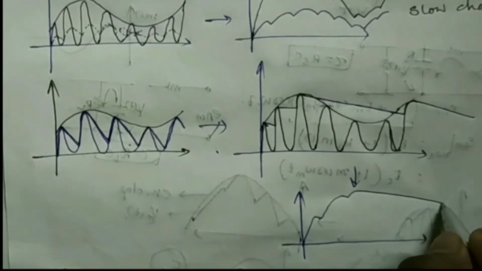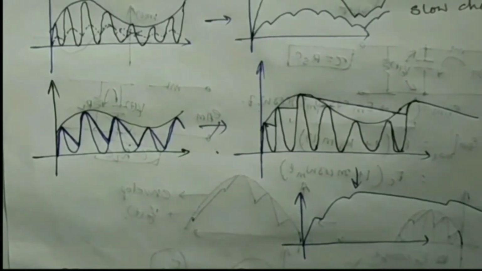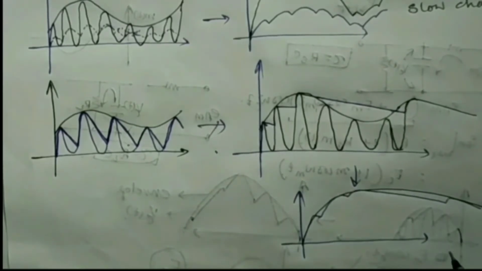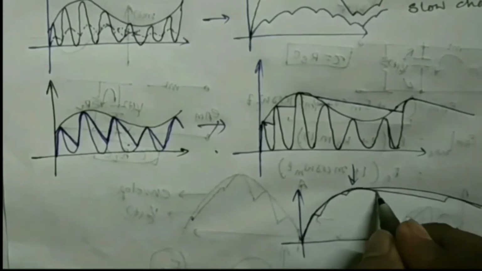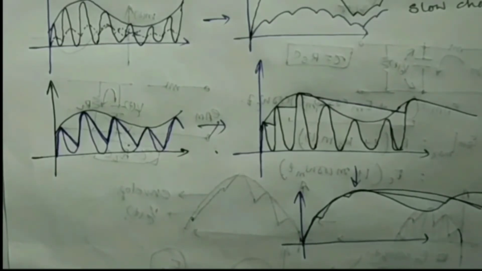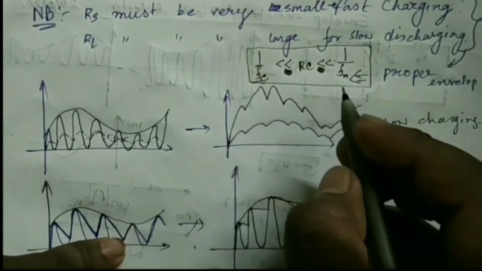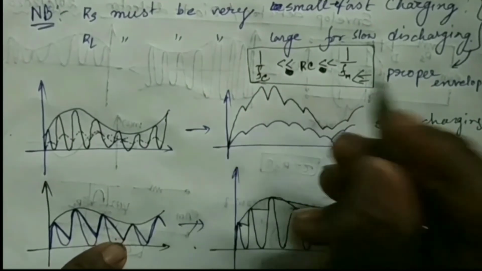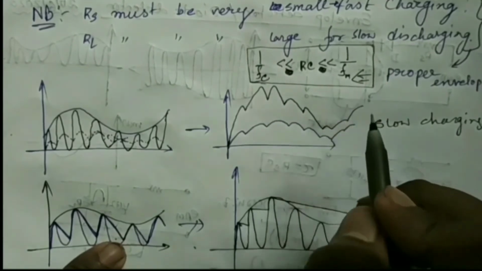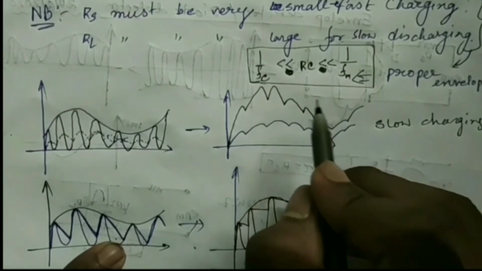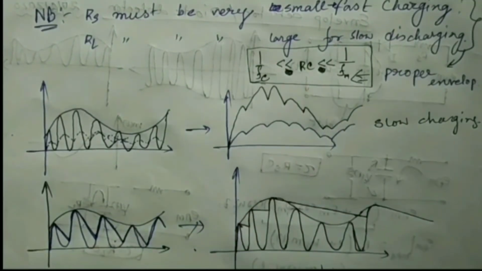is something like this. And if we use the smoothing filter, the output graph will be like this, but we desire it to be like this. So this is also distorted. For proper envelope detection, the RC, that is the time period for charging or discharging, should be very less than the time period of the message signal and very large in comparison to the time period of the carrier signal. And in that case, charging or discharging will be at an optimal rate, which will result in a proper envelope